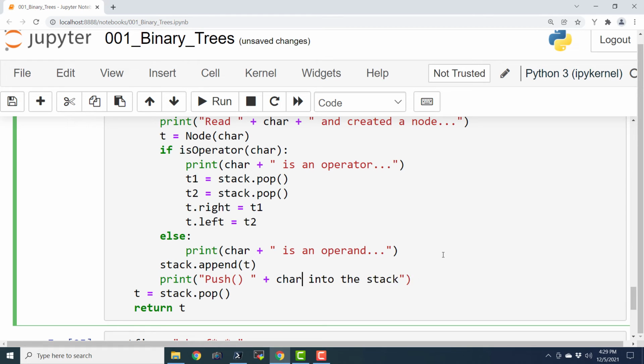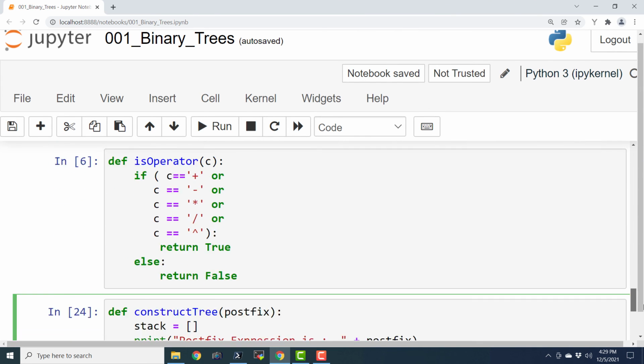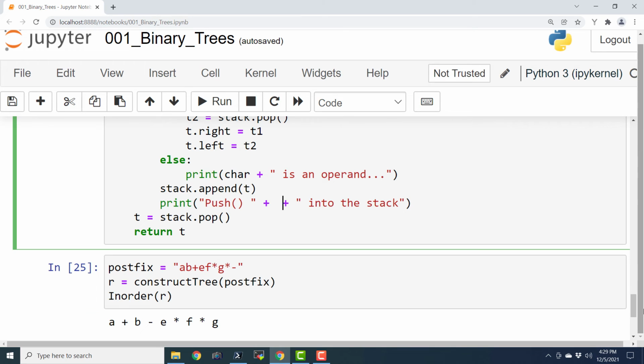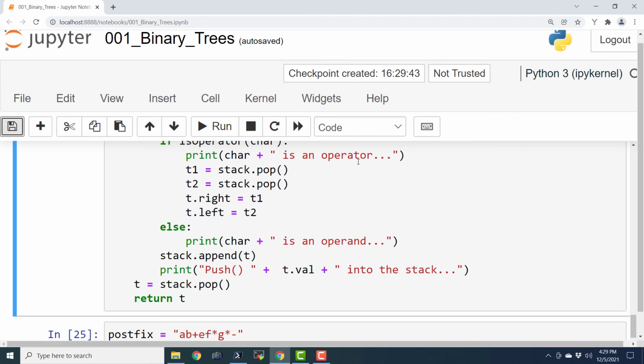So it is not going to be only the character. Okay, it is going to be the entire node. So I will just say push plus what field is storing the value, push t.val into the stack. So that's it. We have all the log of push and pop operations.